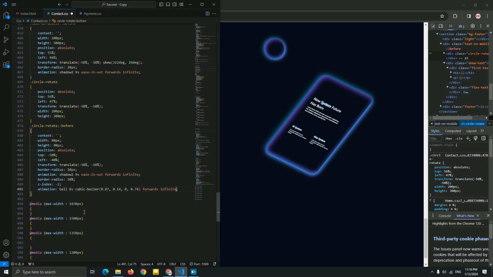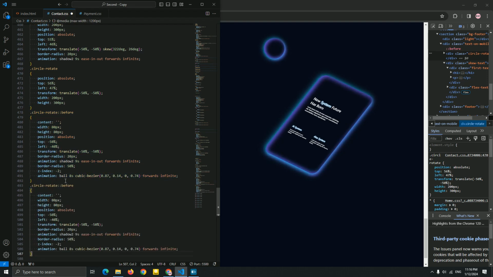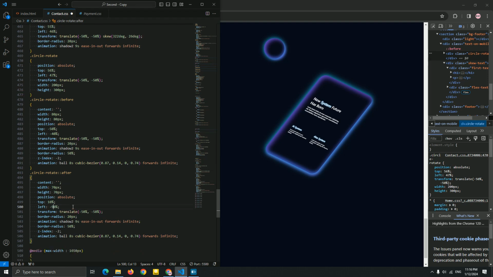Okay, but before that, let me just create it for the after very fast. Then we go for the ball. Okay, let's be a 70 pixel instead of that, small size, and I'm gonna change the top minus 10%. Okay, and this be a minus 10% and minus 90%.